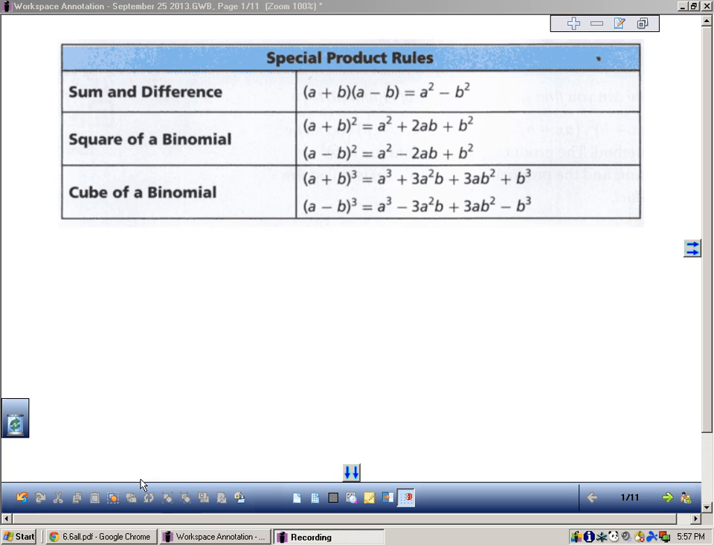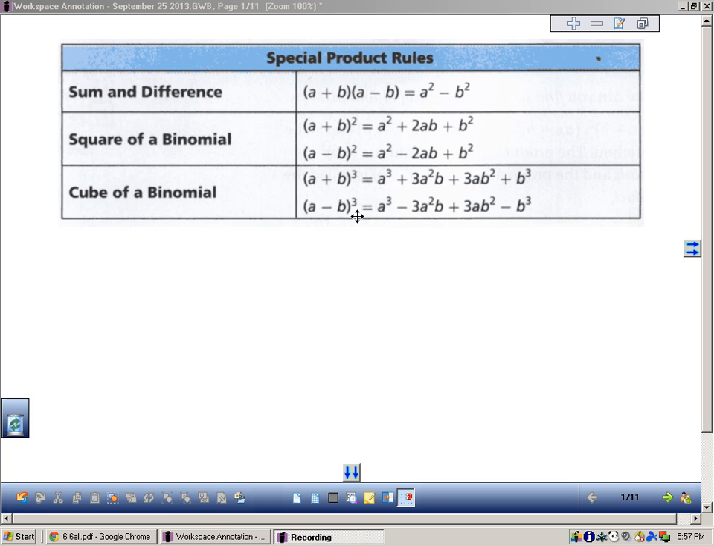We are now on section 6.6, page 359, and we'll be talking about special product rules for binomials. This is the chart of rules for these special products: the sum and difference rule, the square of the binomial rule, and the cube of a binomial rule. We'll discover these product rules by going over examples, starting off by just distributing and multiplying